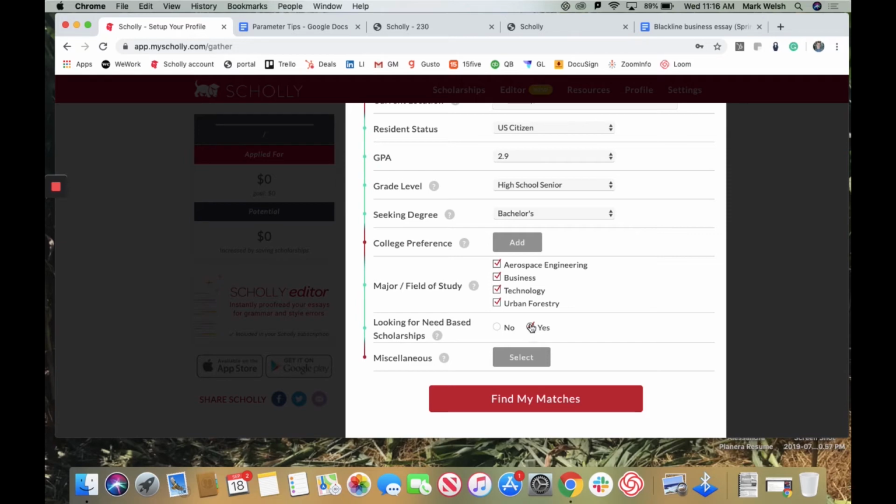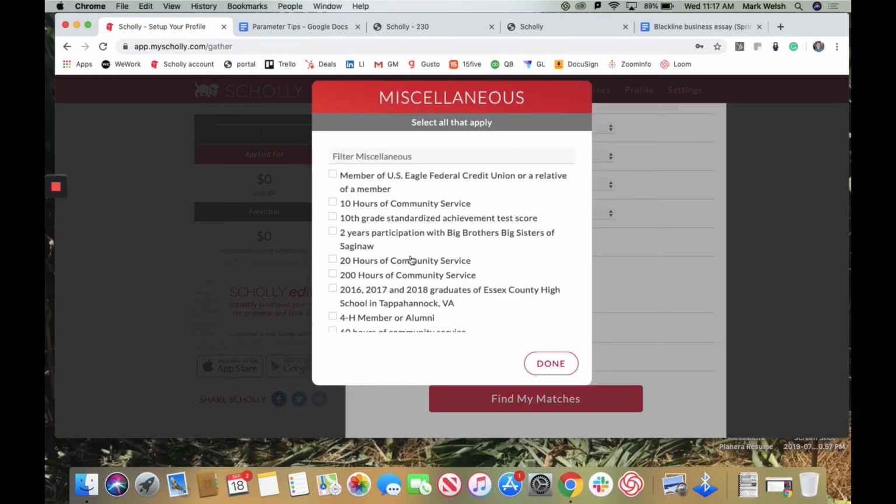And then go back. Once you save those, click no and see which ones pop up too. Really take advantage of this process. And then miscellaneous, this is where you really differentiate the quality of scholarship that you're going to win here. If you spend just 30 seconds filling out this miscellaneous, you'll only see scholarships you have a decent chance of winning. Where if you spend 5, even 10 minutes on this process, you're going to be able to see